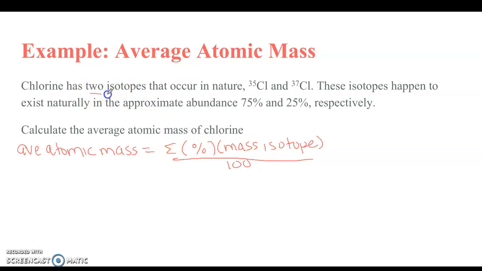So chlorine has two isotopes that occur in nature, chlorine 35 and chlorine 37. These isotopes happen to exist naturally in the approximate abundance of 75% to 25%. Those numbers just happen to work out nicely. So let's solve our problem. We're going to take the percent of each isotope. So 75% of chlorine 35, that 35 is our mass number for that isotope. And then we're going to do this for the next isotope. And we're going to add the sum of